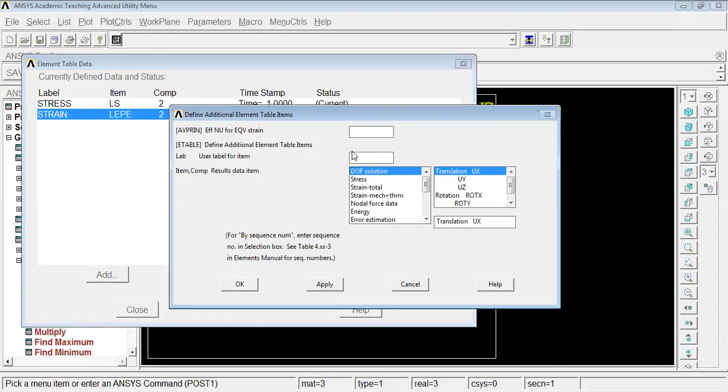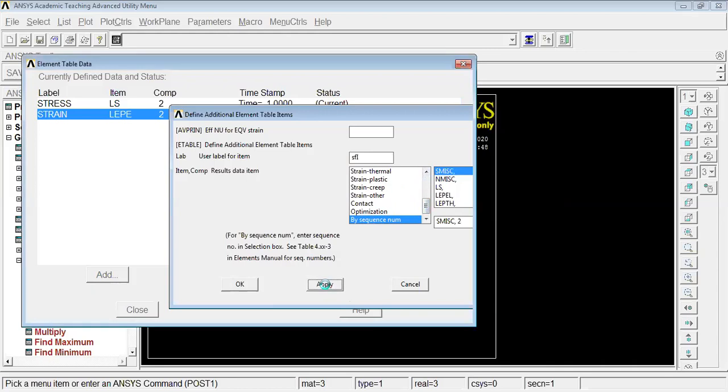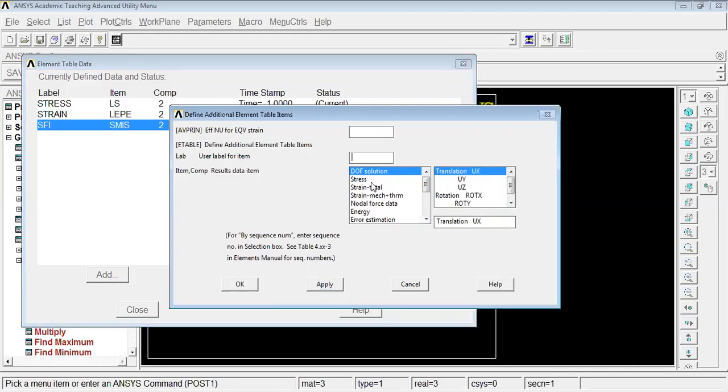To know the shear force and bending moment diagram, user label for item, you can type it as SFI. By sequence number, it is SMIC2. Say apply. And user label for item as SFJ, SFJ. And by sequence number, it is LS8.